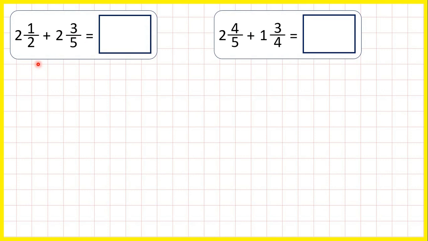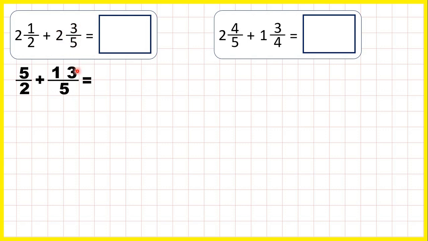So here we're adding mixed numbers, but this time we're going to do that by changing both mixed numbers into improper fractions. So as an improper fraction, 2 1/2 is 5 over 2. That's because 2 times 2 is 4 plus 1 is 5, and the denominator stays the same. And we're adding 2 3/5, which as an improper fraction is 13 over 5, because 2 times 5 is 10